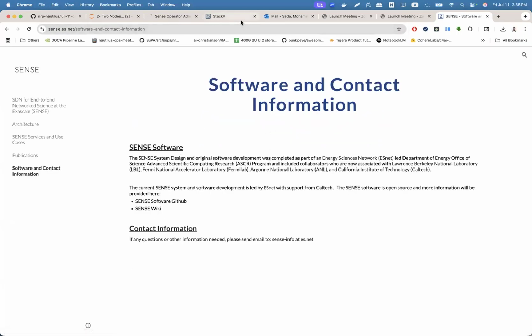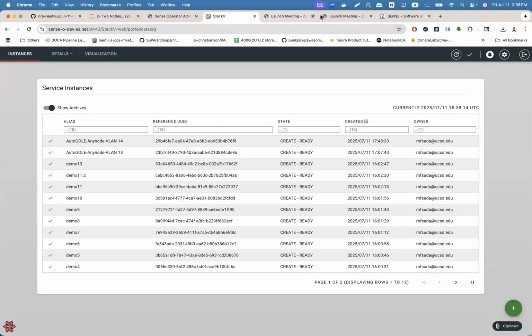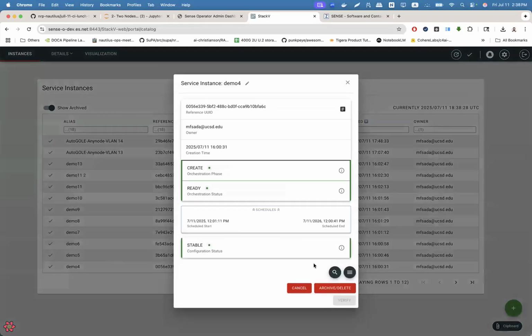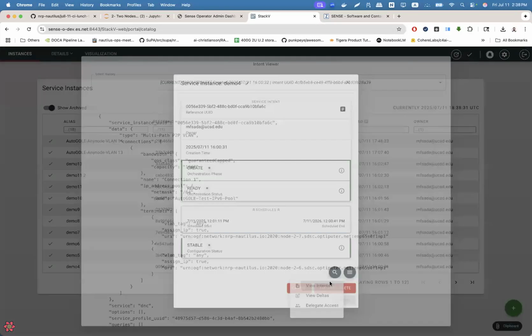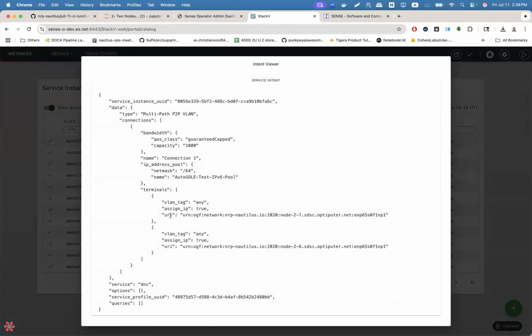And to show you a brief overview of the orchestrator, this is the official ESnet Sense orchestrator's interface and how it looks. For our demo, let me show you one instance that we started. If you look at its intent, you can see how it's starting. This is our URI set using Node-2-7, and this is the name of the interface on Node-2-7, which is the secondary interface, like we mentioned, that we're using, as the first interface is dedicated for deployment to connect the node to the cluster.